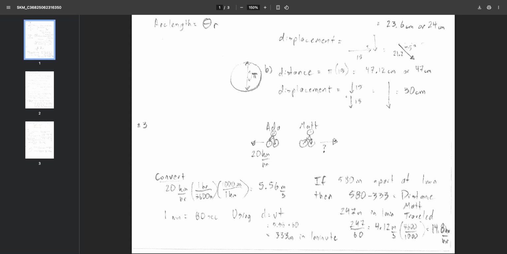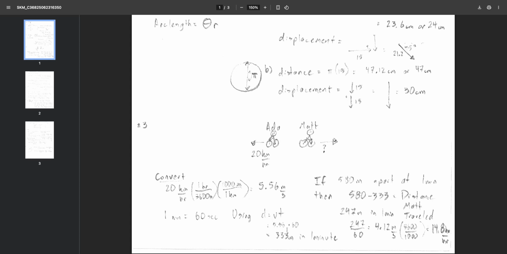And 1 minute is 60 seconds. So I just use distance equals velocity times time. I think in the book they presented it as velocity is equal to distance over time, but this is just that equation rearranged. So 5.56 times 60 is 333 meters in 1 minute. So that means that Ada, the one whose speed was given, covered 333 meters in that 1